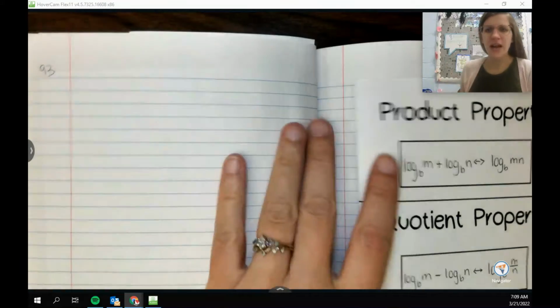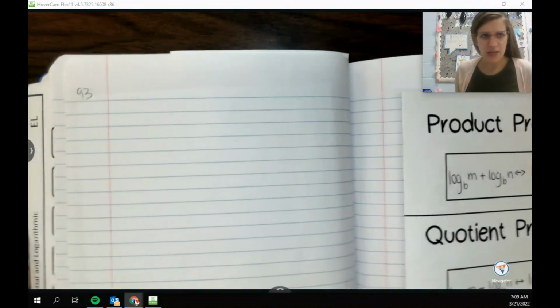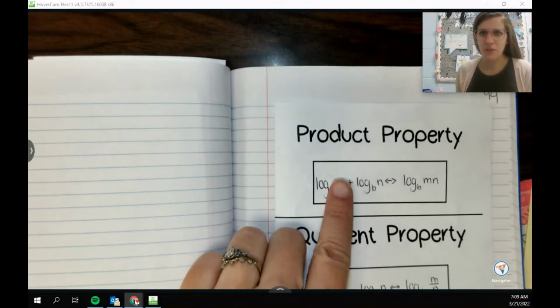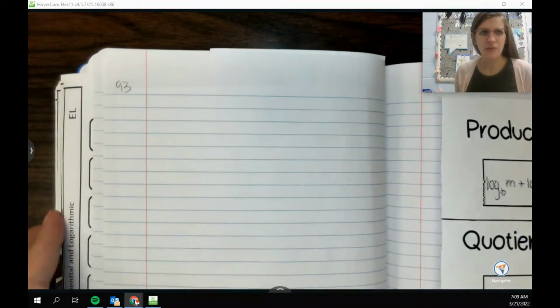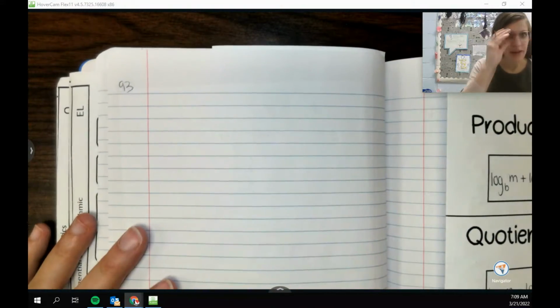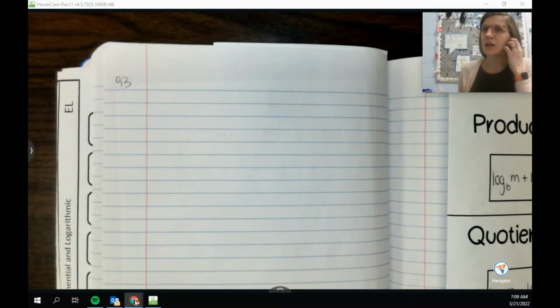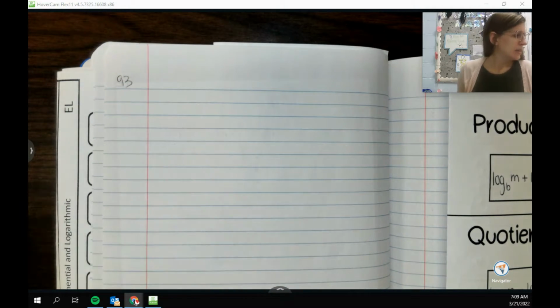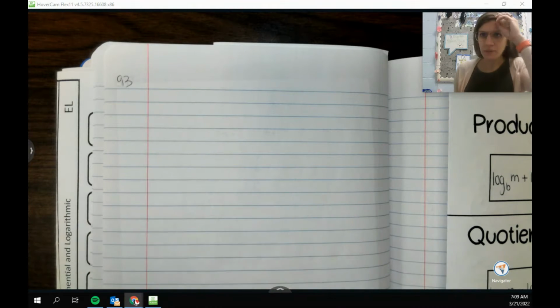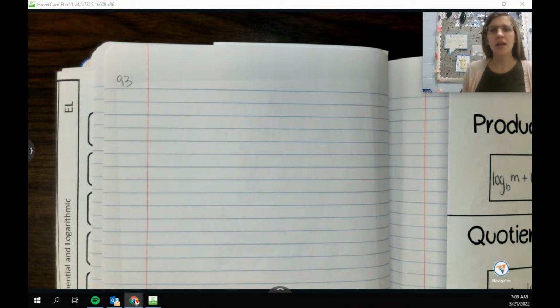Alrighty guys, we are going to add some more logarithmic properties in today. So I'm right across from the one we did in the last video, so on page 93. And I have 3 additional properties for you. Two are pretty handy for solving purposes, which we're going to get into next time. And one is a thing that we need to know because